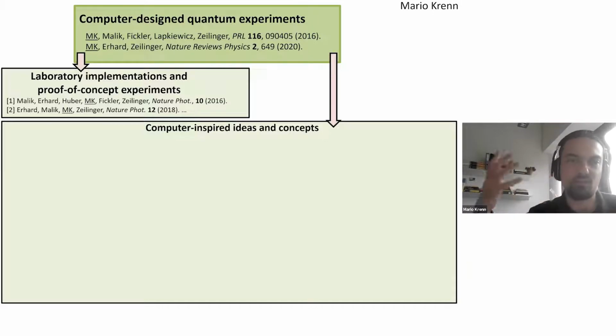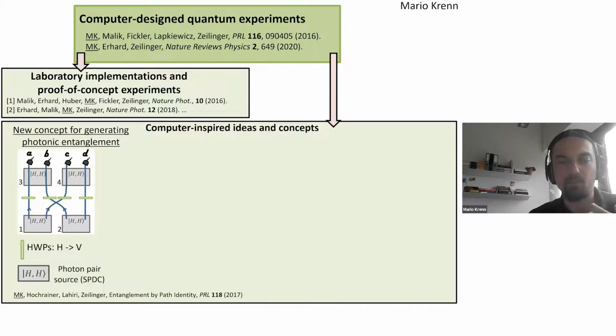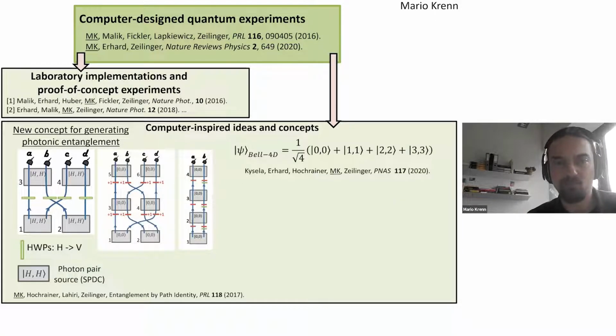And it was using this technique to generate very high-dimensional entangled systems. And it did that in a way that no human has ever thought of. Actually, it was able to create scalable sources for high-dimensional entanglement. So these are some examples, which I will explain one of them. So the idea was that